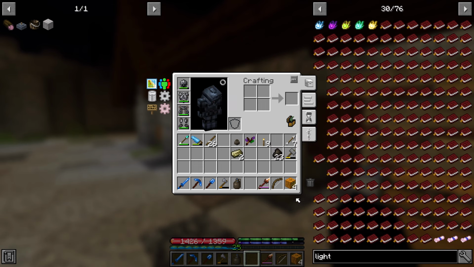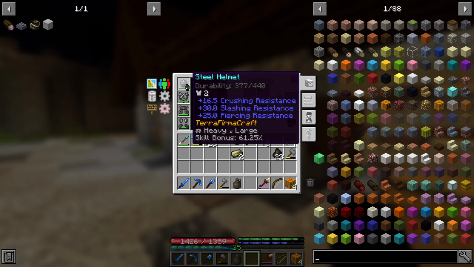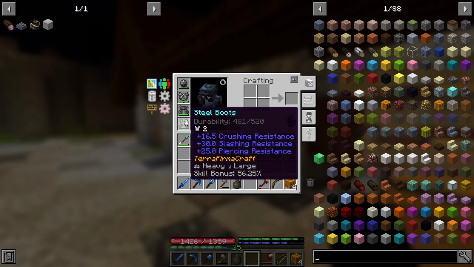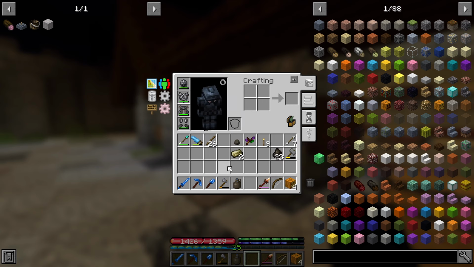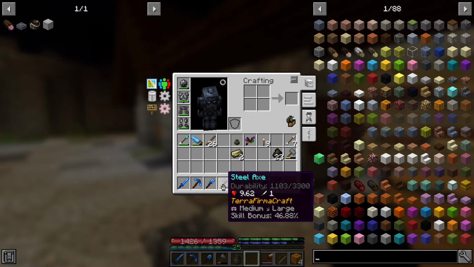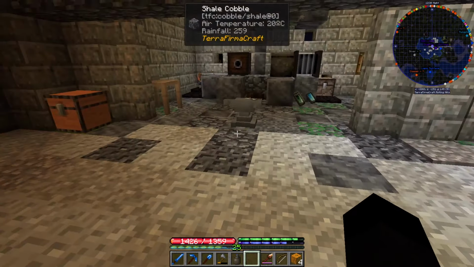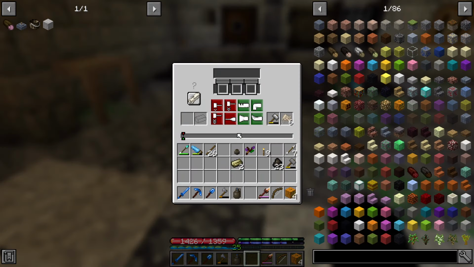So, automation and what we need to do. See, we've got as far as steel as a tool. We've got steel helmet, we've got steel. This is all really good, don't get me wrong, I'm really happy to have got to this stage. But there is a next stage. This is a tier, steel is a tier, what are you? Let me just double check. It is,